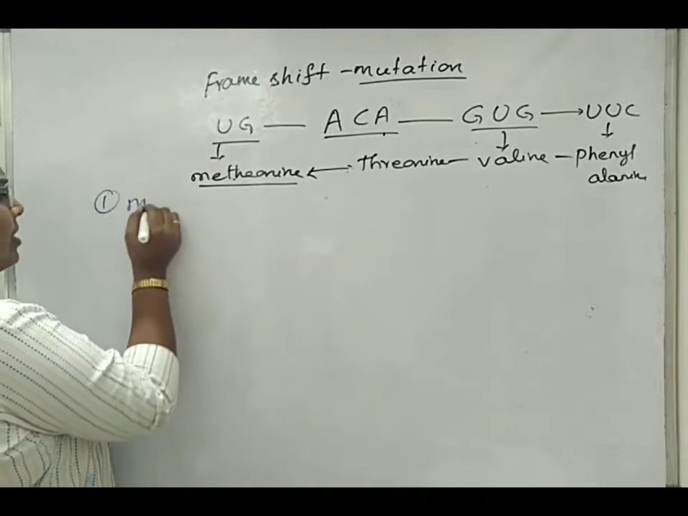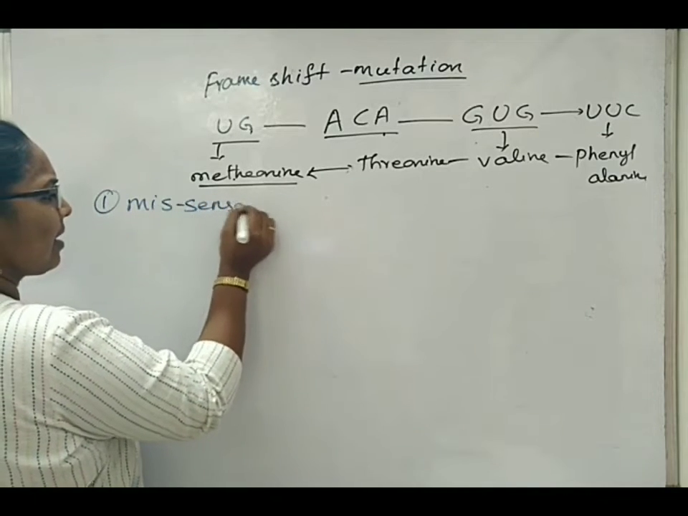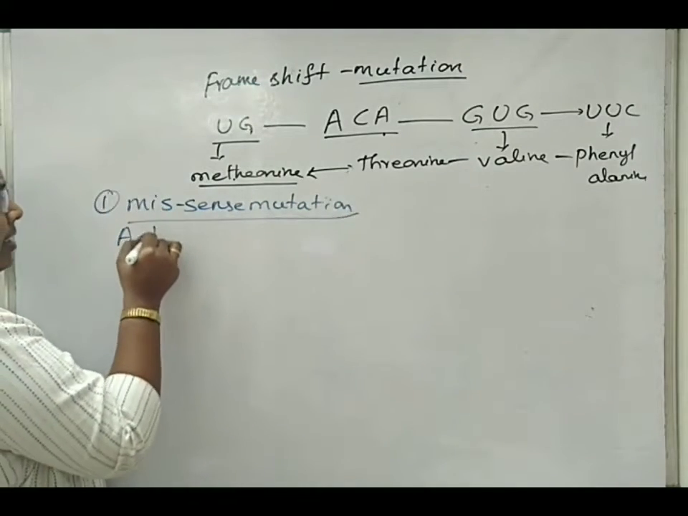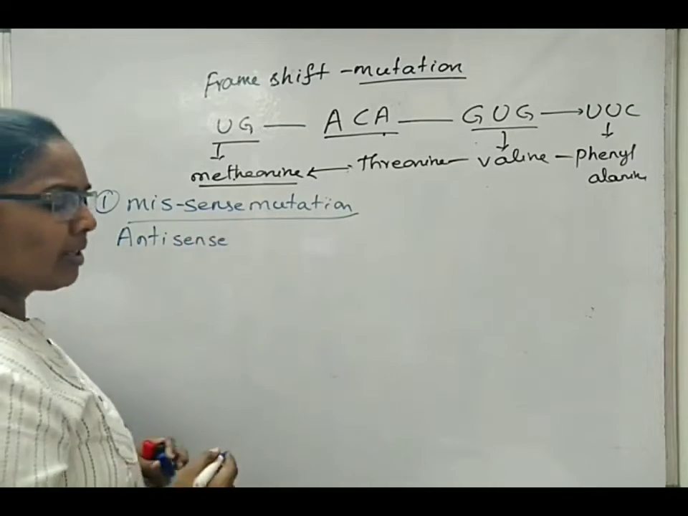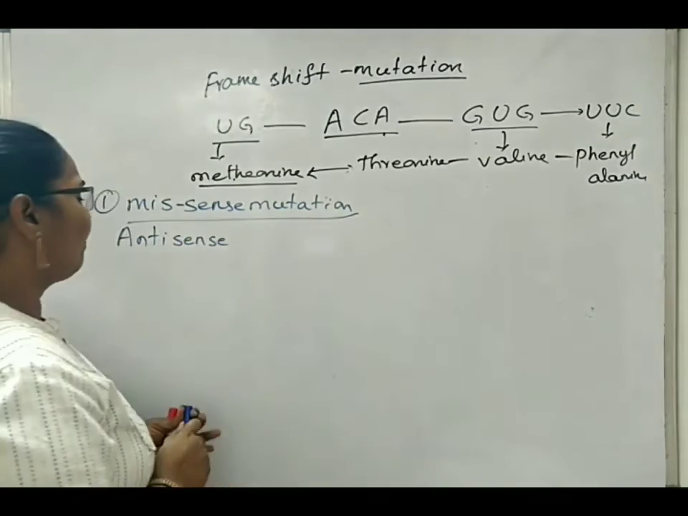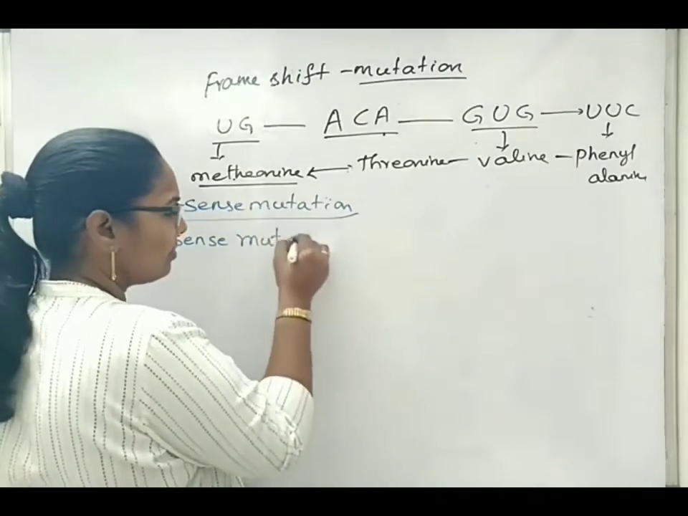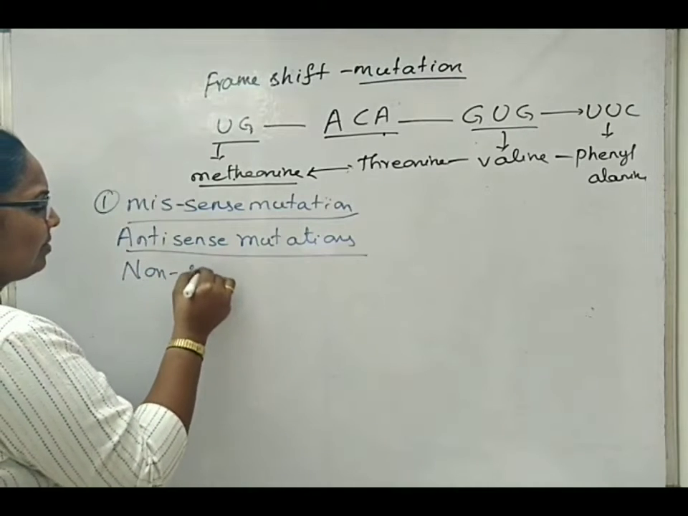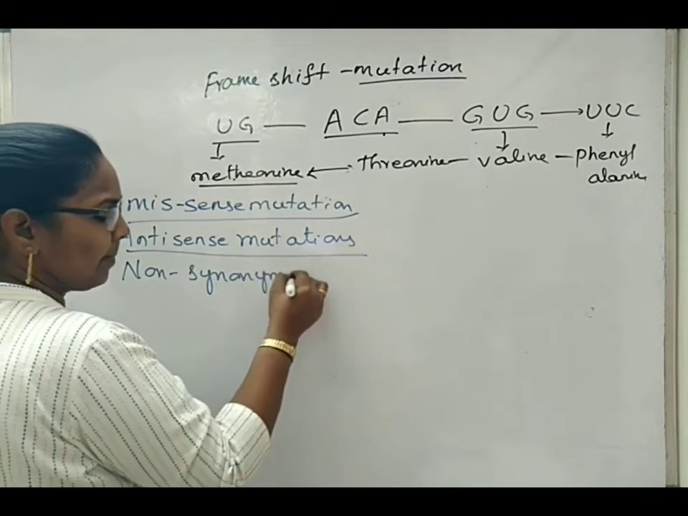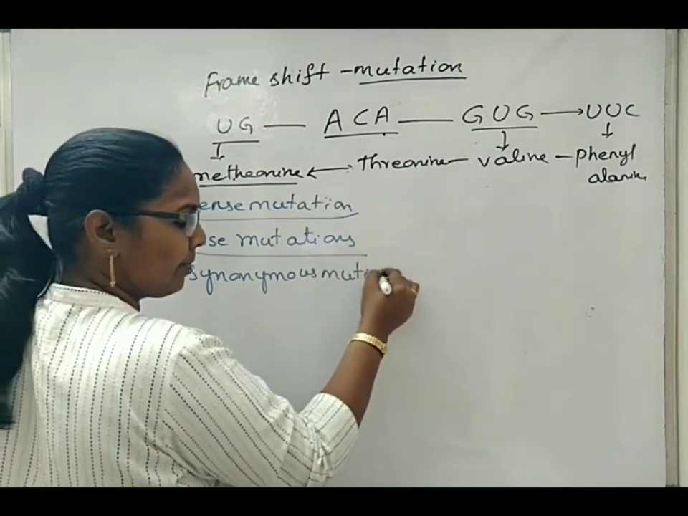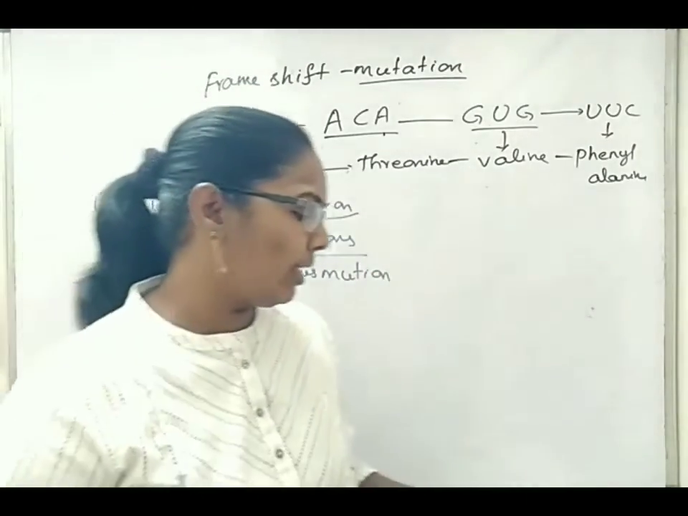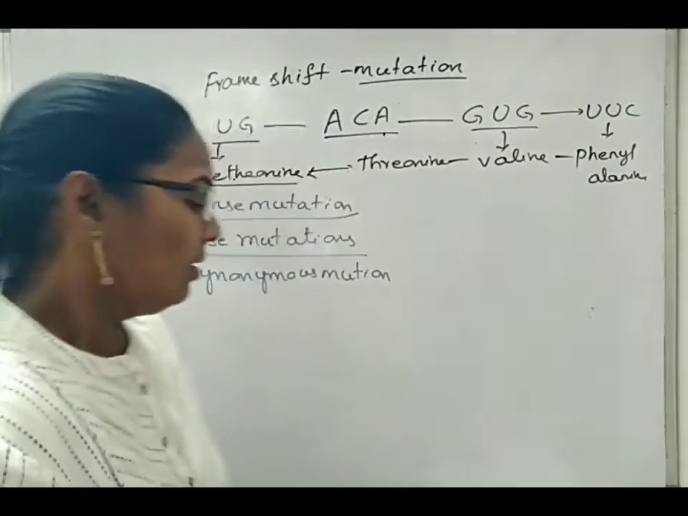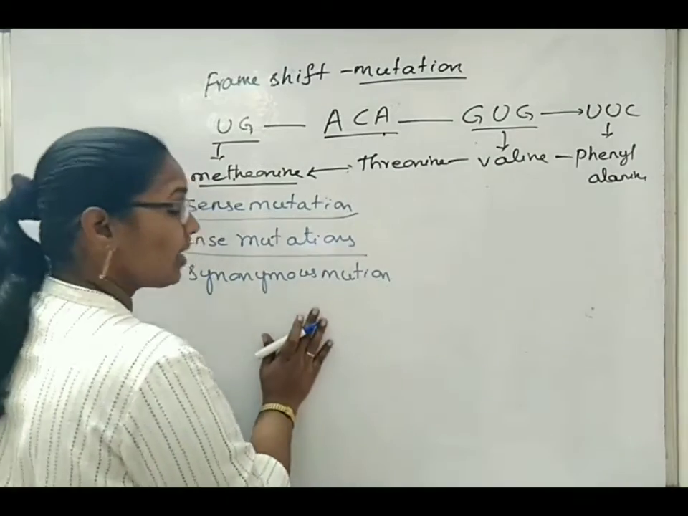One is missense mutations. What is meant by missense mutation, which is also termed as antisense mutations? These are some of the terms that are used while asking the previous MCQs. Antisense mutations, which are also called non-synonymous mutations. Now, if a new codon is encoding a different amino acid due to the transition mutation,